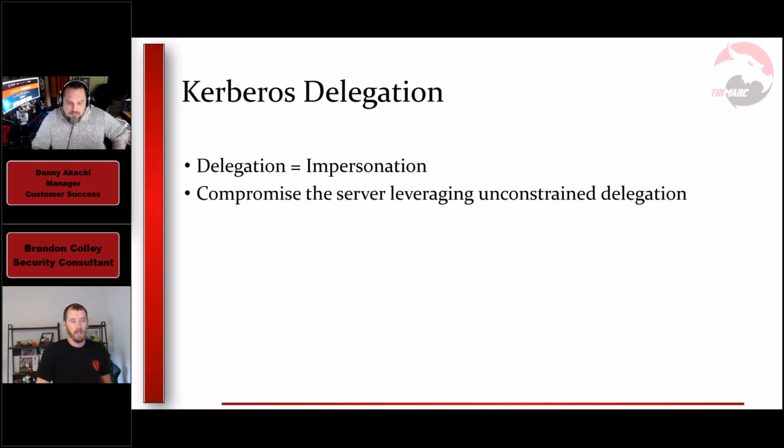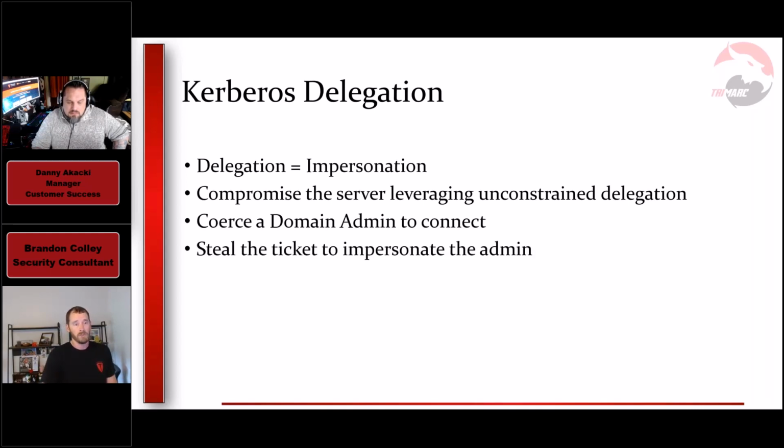And so what that attack path really looks like is that an attacker compromises a server that's leveraging unconstrained delegation. It could be that web front end. Maybe it's open to the internet, so maybe it's really easy to get access to. And then all you have to do is convince a domain admin, so social engineer someone, to log into that application. It doesn't have to be a domain admin; it can be elevated credentials. Who knows, right? Once they log into that machine, that authentication sits in memory. And so that ticket can be stolen and then used to impersonate that administrative account elsewhere in the environment.